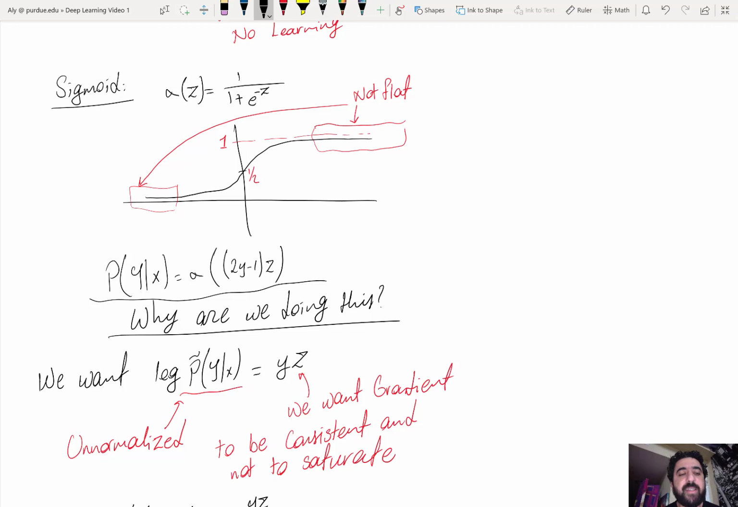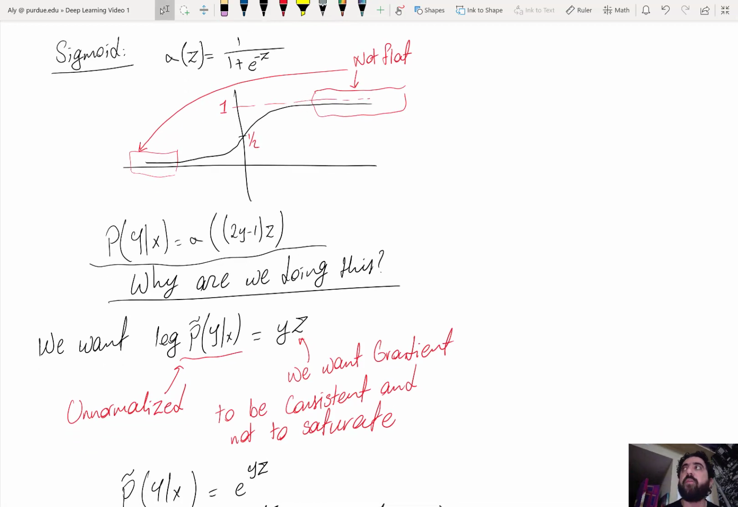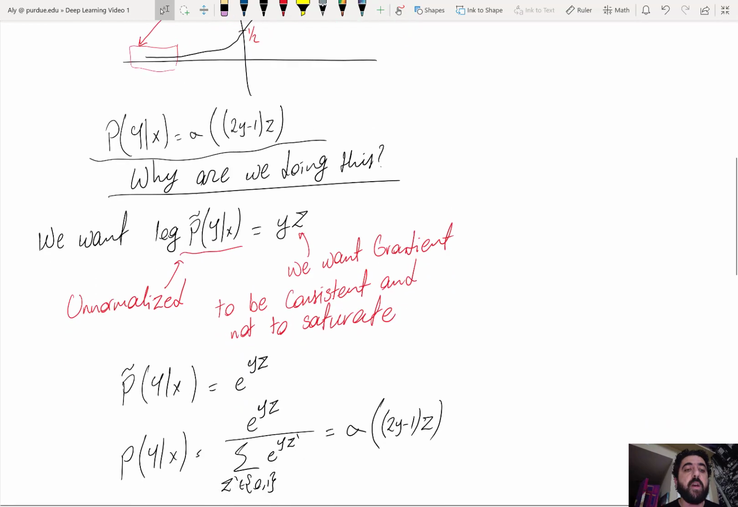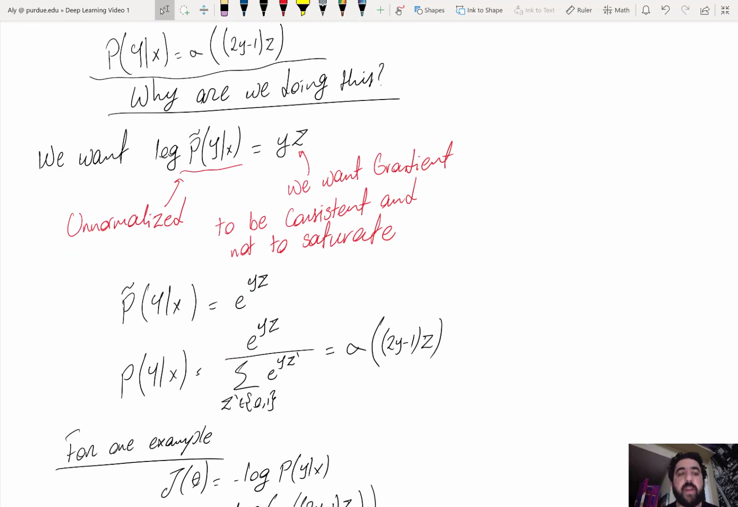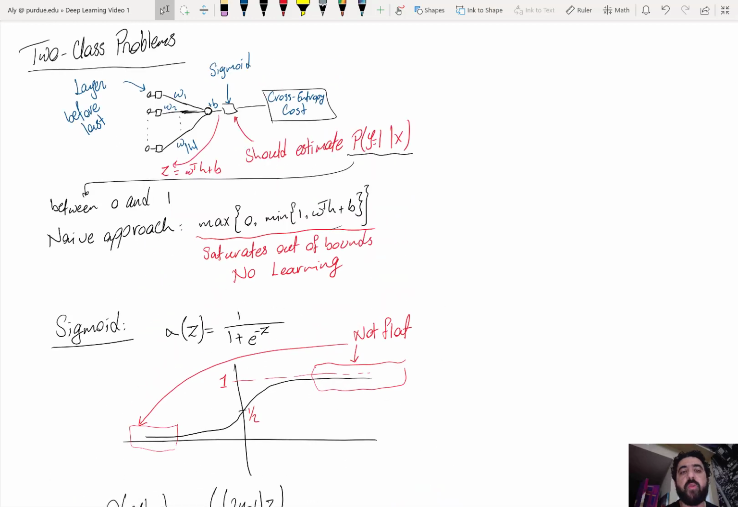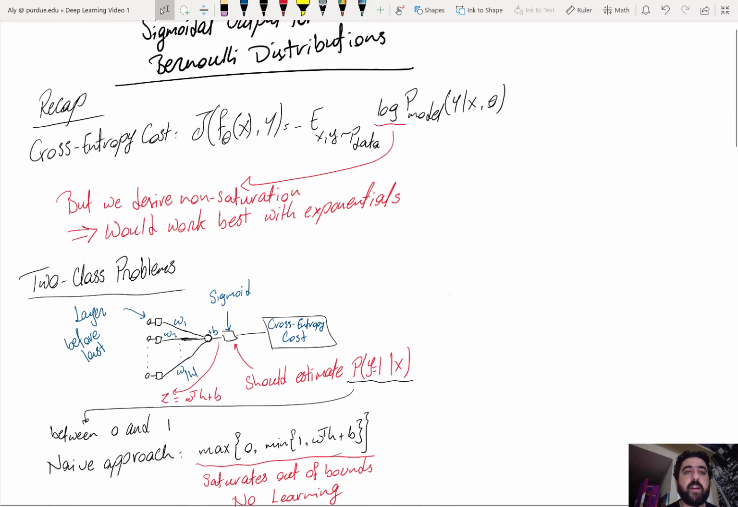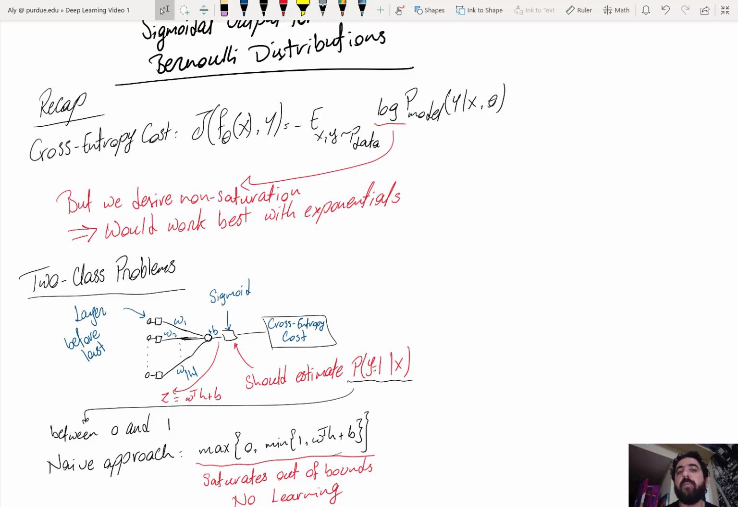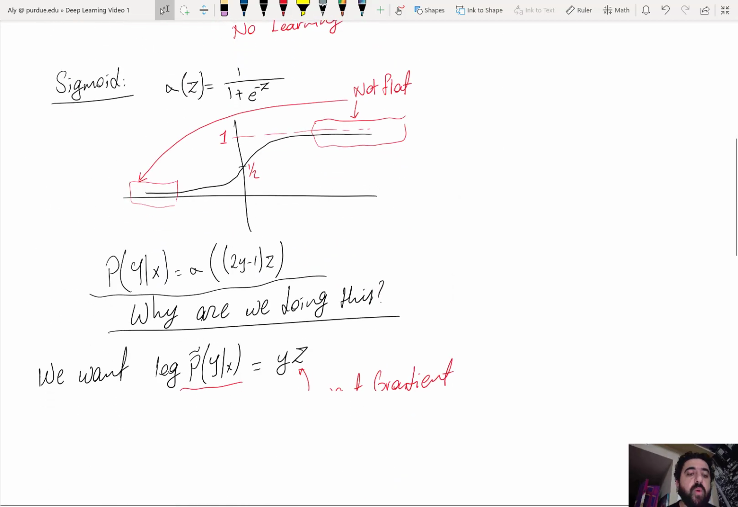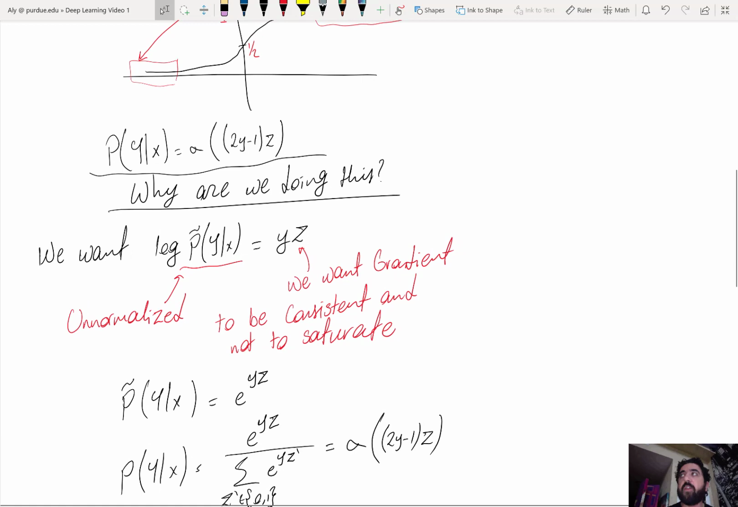Okay? Now let's see how we do this, or what's the justification of setting probability of y equal 1 given x to be sigma of z. So we want the logarithm. Remember, this output unit will be processed by the cross entropy cost, and the cross entropy cost depends on the logarithm of the value. So we want the logarithm of the unnormalized probability, meaning that we will normalize it later,